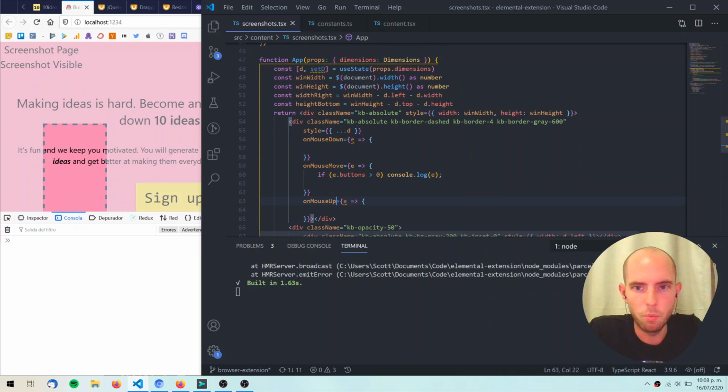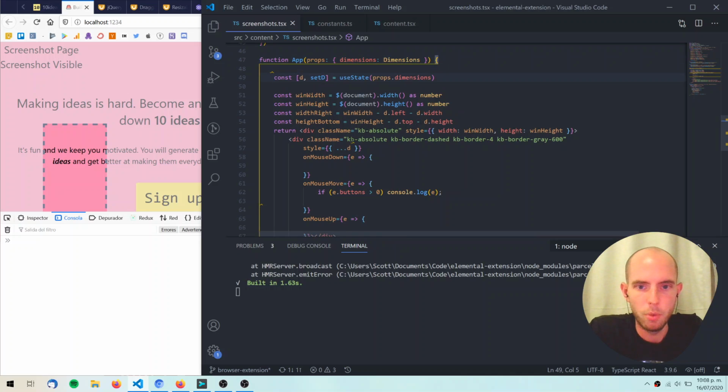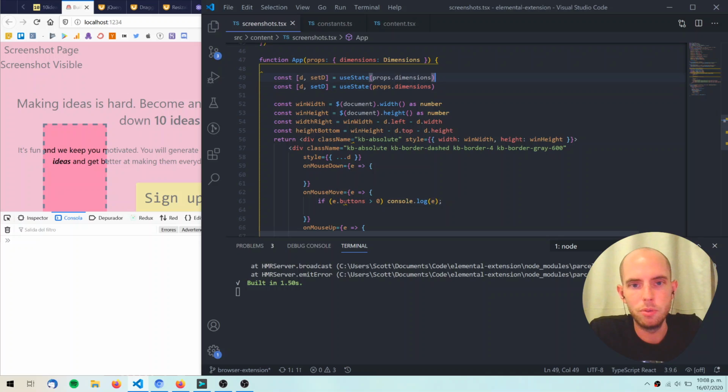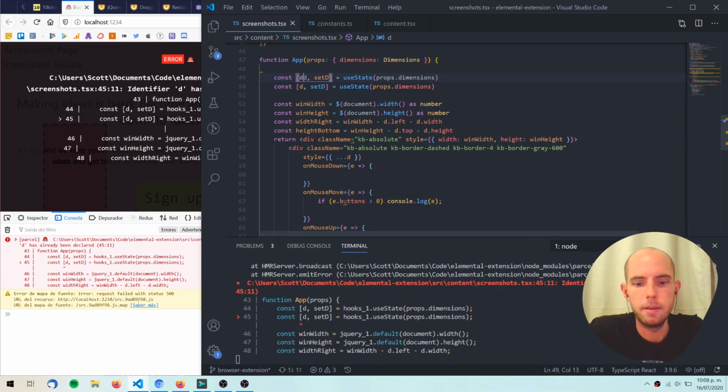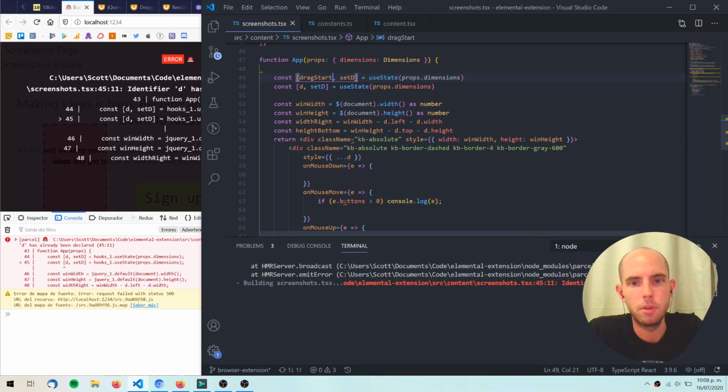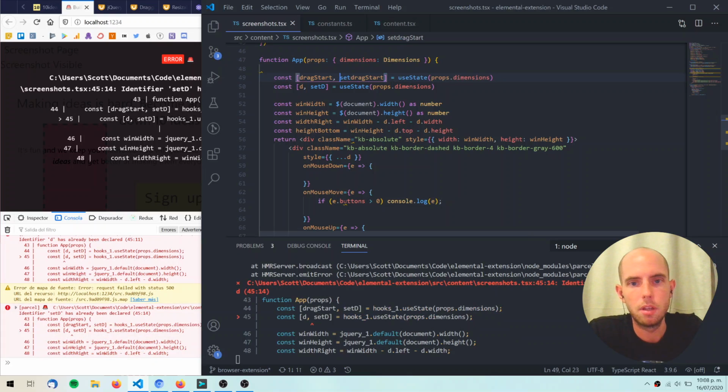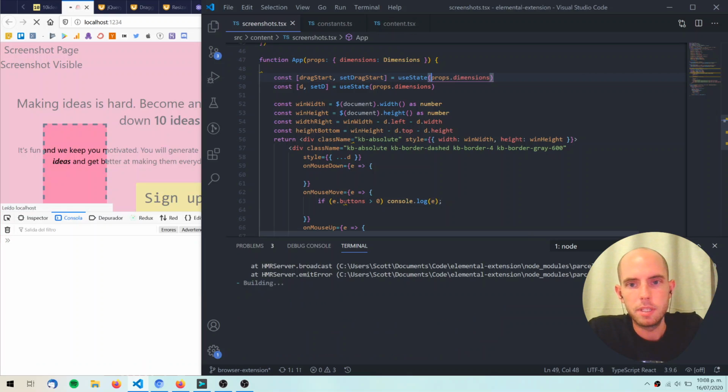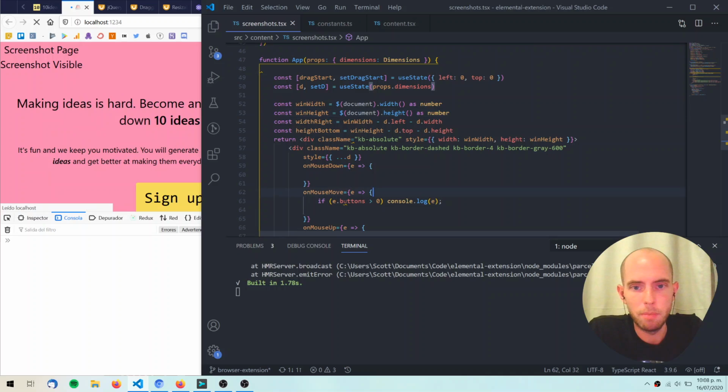Anyway, so what do I want to do here? When I click mouse down, I want to capture the coordinates of that position. So I'm going to do dragStart, and we can do setDragStart. I'm just going to use a state that's going to be left of 0 and then top of 0. So these are going to be my mouse coordinates. And so when I do a mouse down,